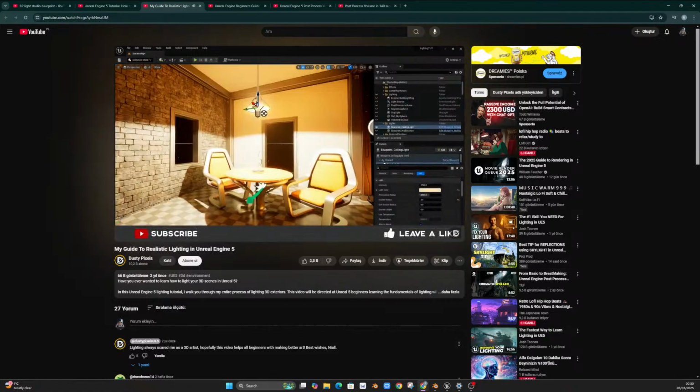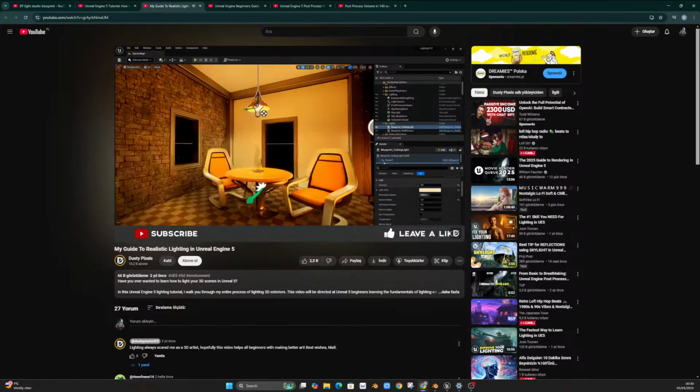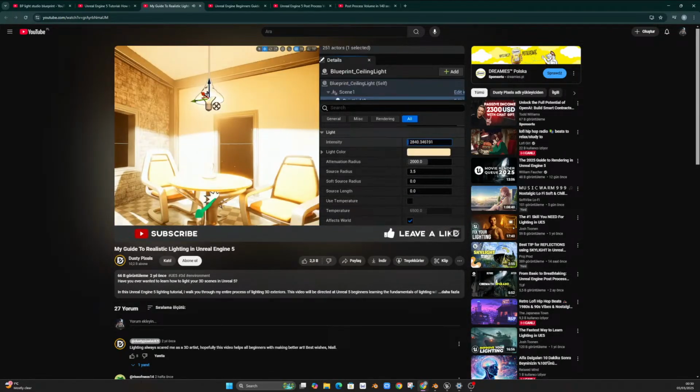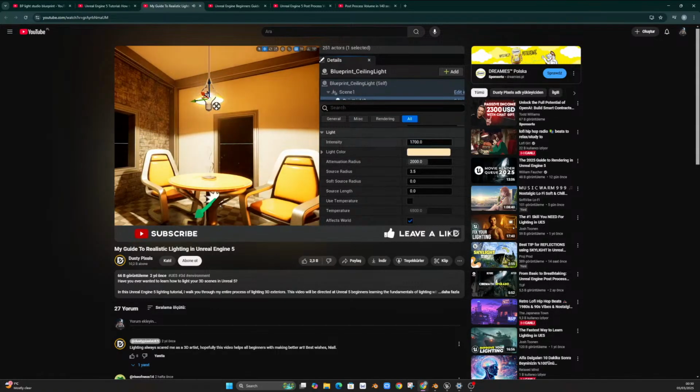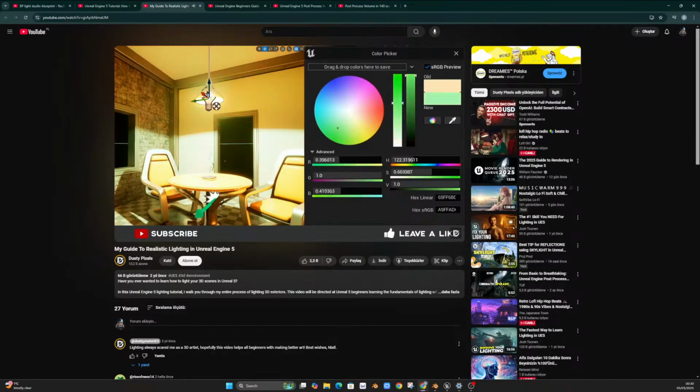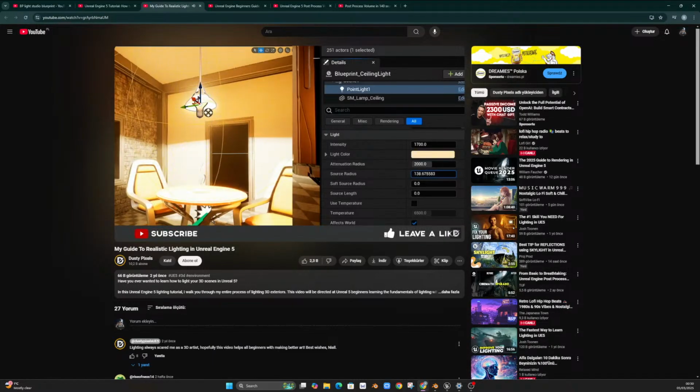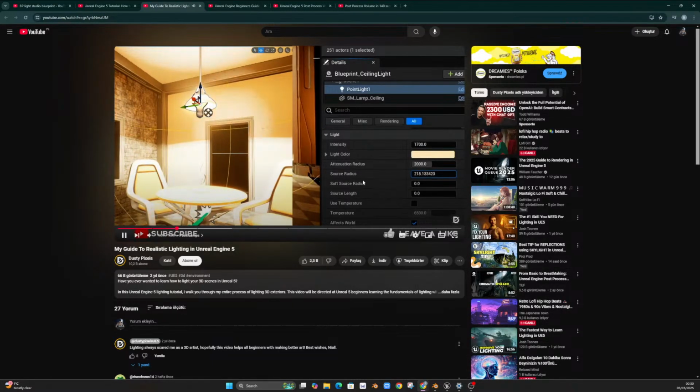lamp from the list. Once you've added the point lamp component, you can adjust the properties to control the appearance of the light. The most important properties to consider are the intensity and color, with the intensity controls being how bright the light is and the color controls being the tint of the light itself. You can also adjust the size of the lamp by adjusting the source radius property. Another important property